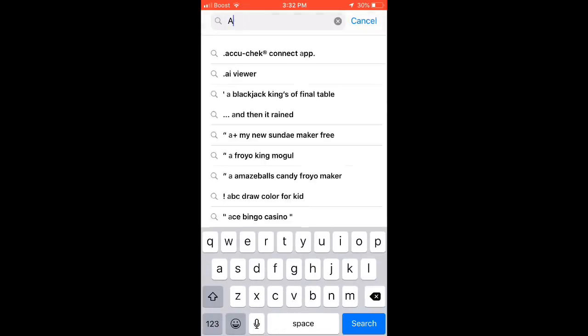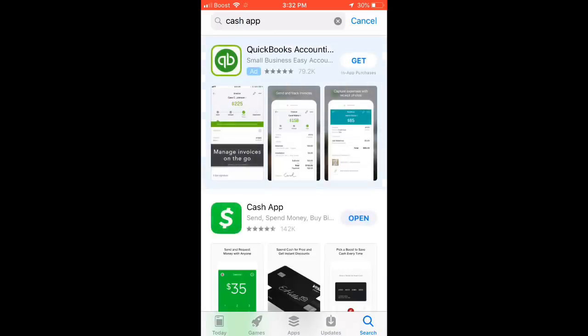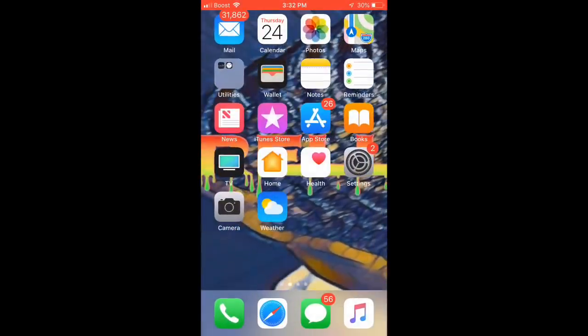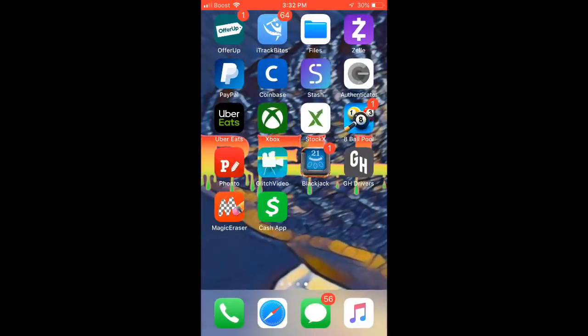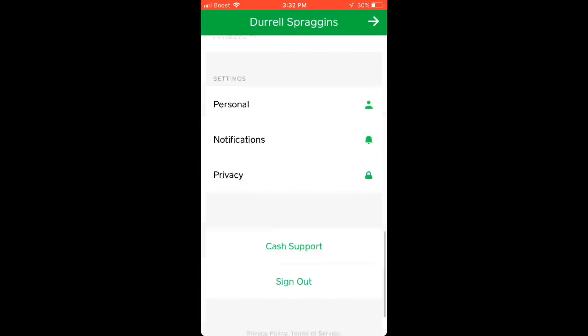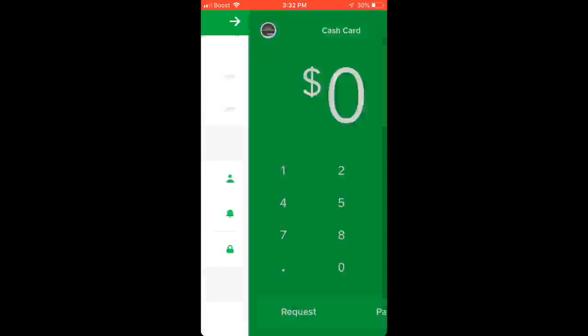Okay. So once you download Cash App, you have to put in your information. So you have to put in your name and your telephone number. Once you put in your telephone number, you will get an SMS code. Go back to the green screen and put in that code. After you put in that code, then